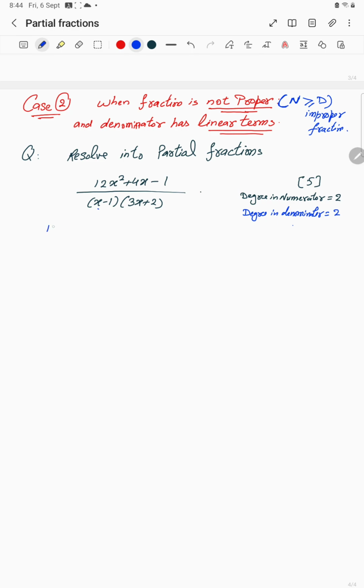Just write the given question's numerator and multiply the denominator out, we get 3x square plus 2x minus 3x minus 2. So we have 12x square plus 4x minus 1 divided by 3x square minus x minus 2,